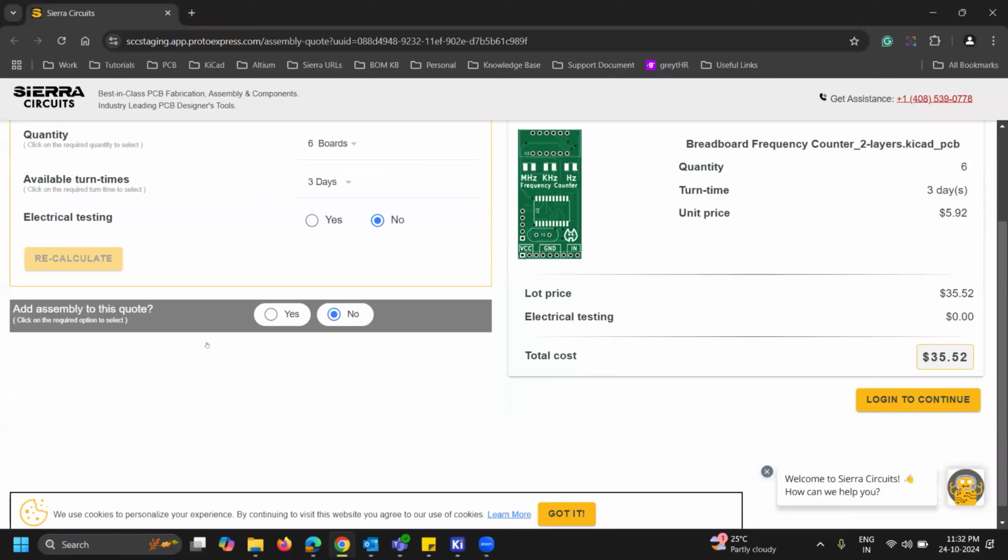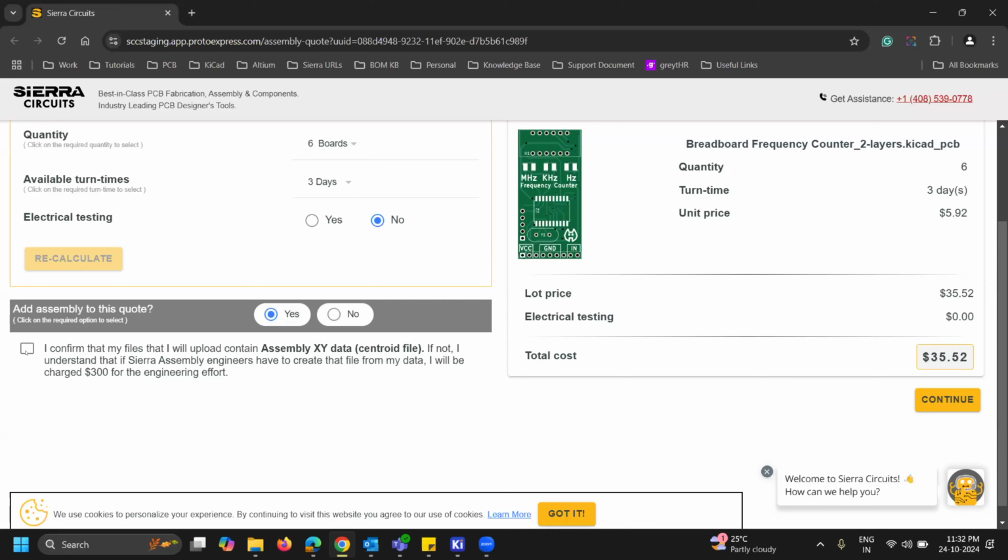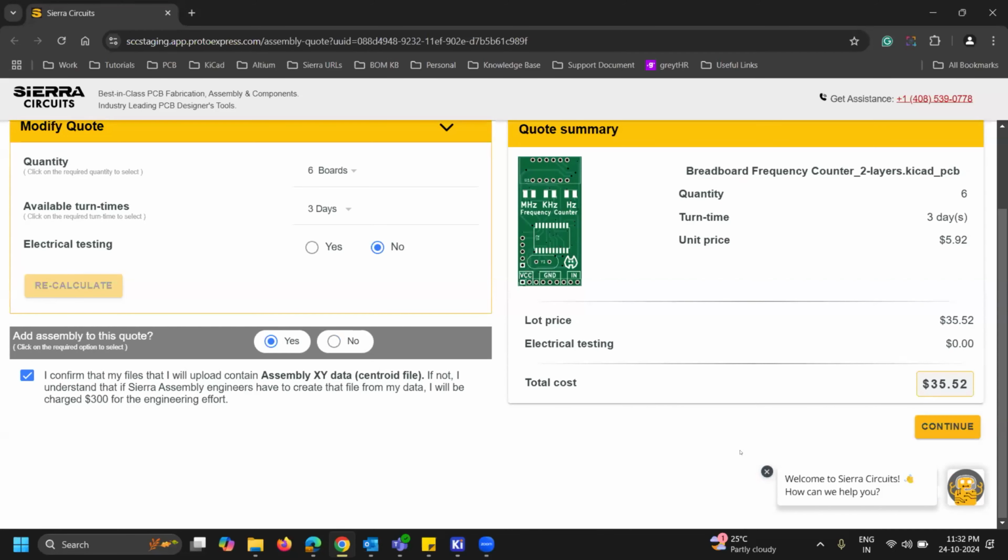And the option to add the assembly also is there below. You just need to click on yes. Then it will show a checkbox to check mark. So I'm going with assembly. And then click on continue,